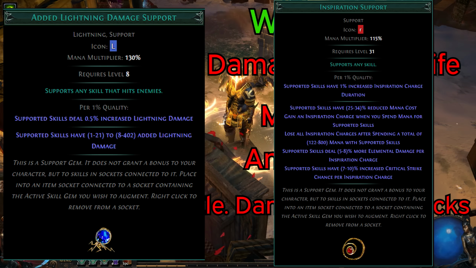And to compete with it is going to be inspiration support, a super compelling support gem that I really feel should see more use. The inspiration support grants us 34% reduced mana cost, making Wild Strike substantially cheaper. It also generates inspiration charges up to 5 whenever you spend any mana on supported skills, meaning that we can generate those 5 charges very, very fast. Each charge grants us at level 20